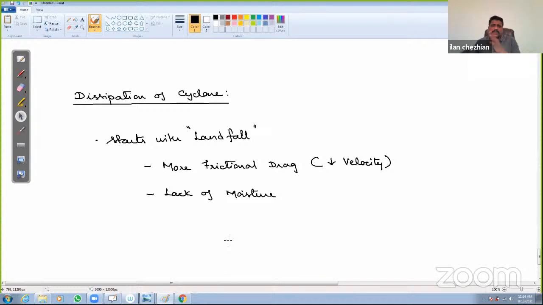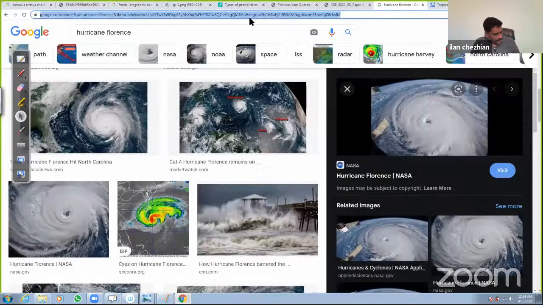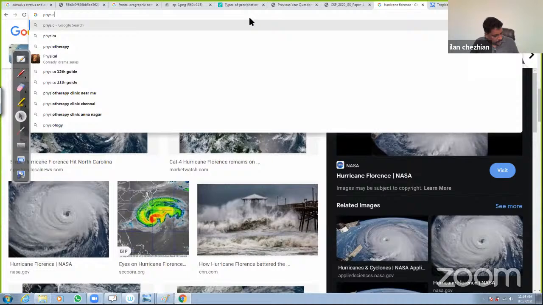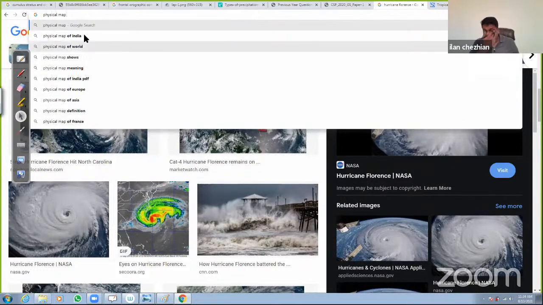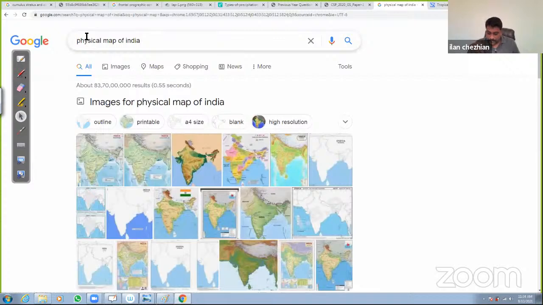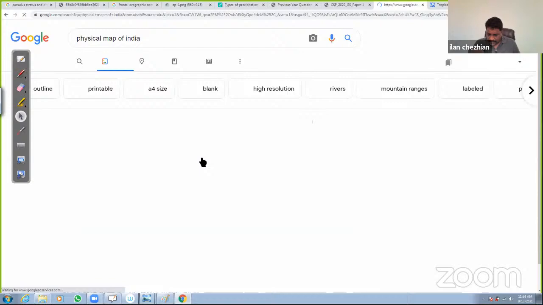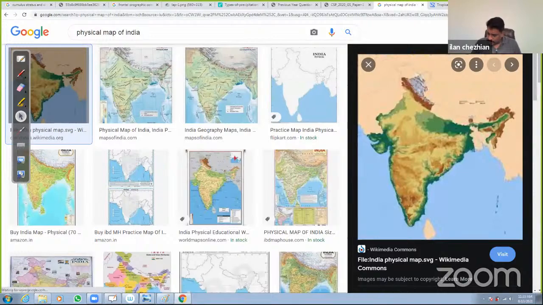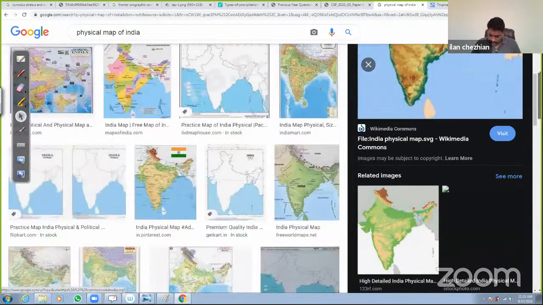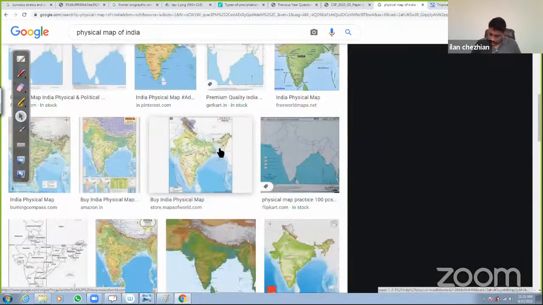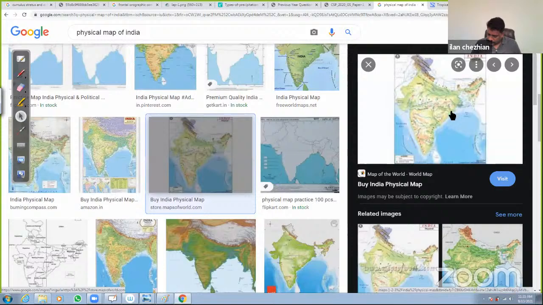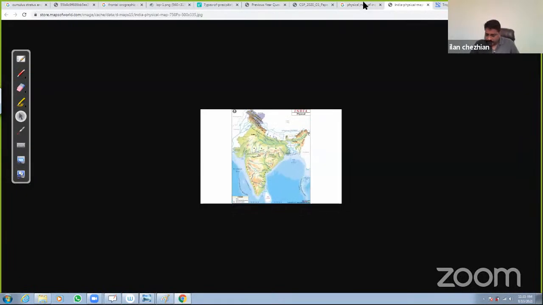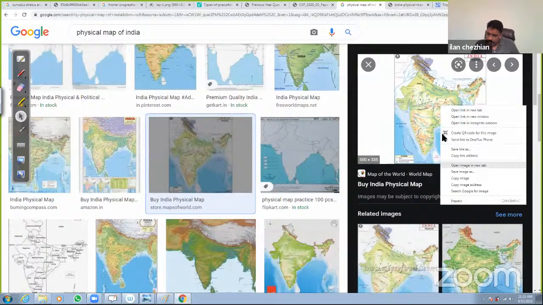Now see here. Instead of you searching the map, I'll just show you. Cyclone as a topic is important for your prelims as well as mains examination. This is a slightly distorted map of India, but never mind. I'll just choose some other map. I want you to answer a few things. I'll tell you. See, for example, when I talk about India,